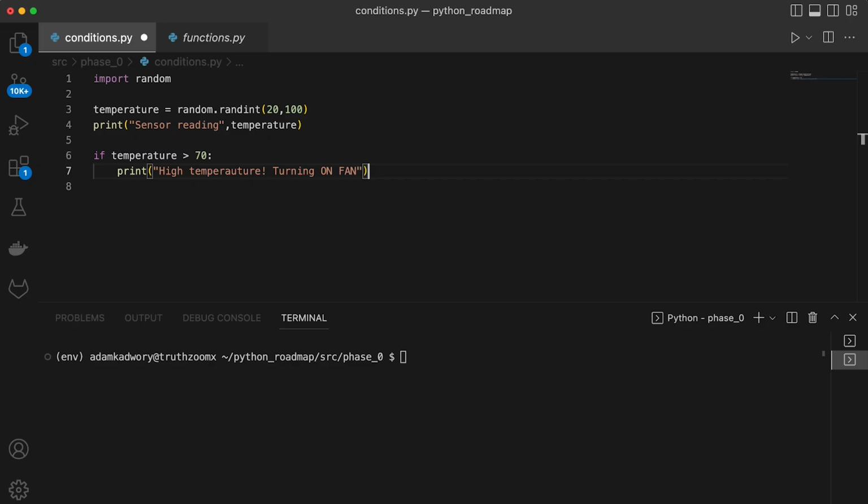And what if it's not above 70? Let's make it a little more exciting and make it equal to 70. So if it's equal or above 70, print high temperature and turn on the fan. Otherwise, if it's not greater or equal to 70, like 69, 68, 67, then print